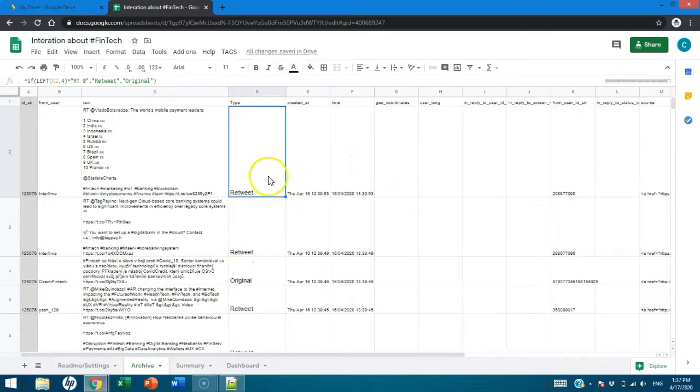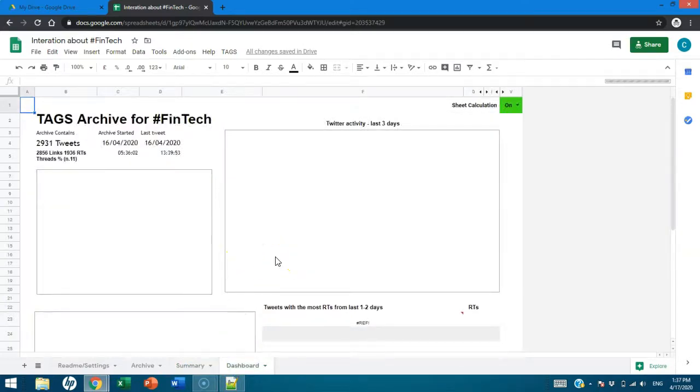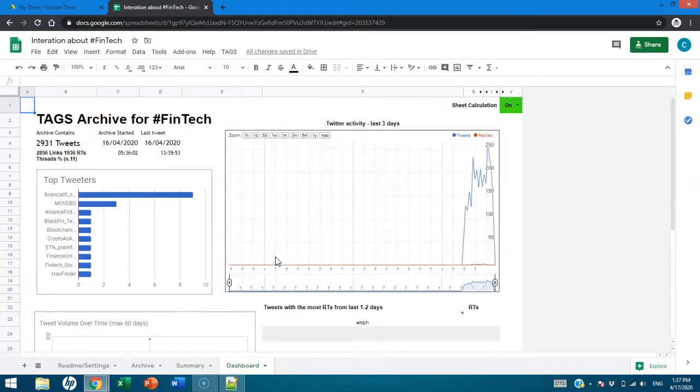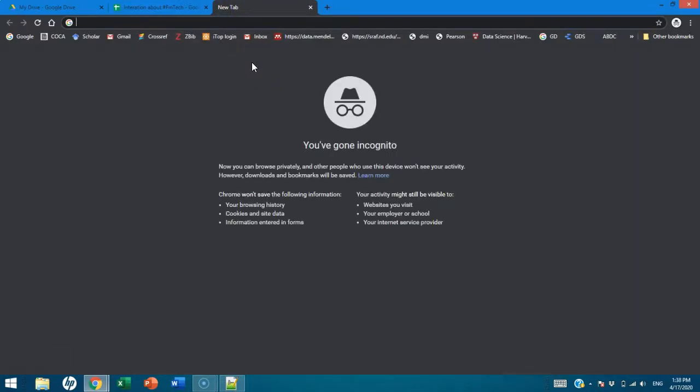Okay, now how can you build your own dashboard? I know that there is already a dashboard here. TAGS has its own dashboard, but what I want, as part of this class, is to get acquainted with data literacy: how you can analyze tweets data, how you can build your own dashboard, and how you can present that dashboard to decision makers. So basically, go to Google and type